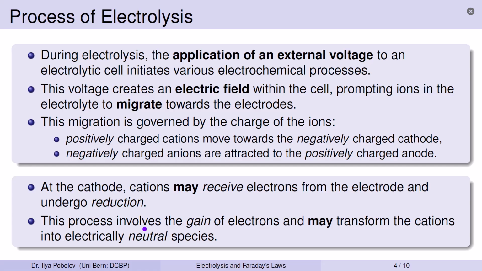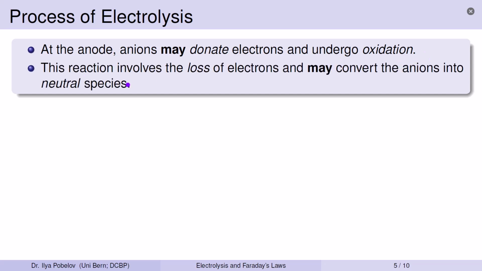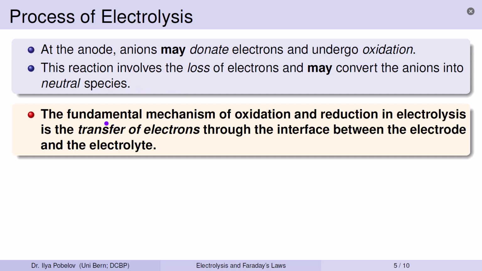This process involves the gain of electrons and may transform the cations into electrically neutral species. Conversely, at the anode, anions may donate electrons and undergo oxidation. This reaction involves the loss of electrons and may convert the anions into neutral species. The fundamental mechanism of oxidation and reduction in electrolysis is the transfer of electrons through the interface between the electrode